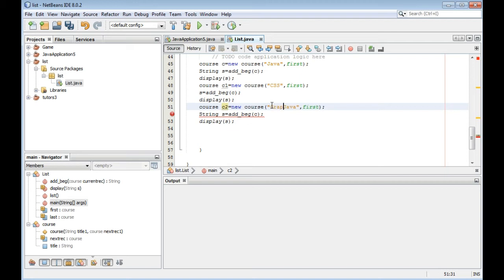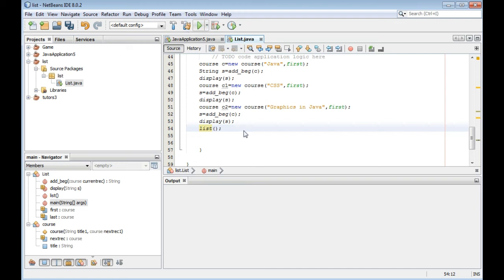And display s, and we should add another course. This is C2, and it is graphics in Java. Okay, and this should be this, right? Now we should list all.